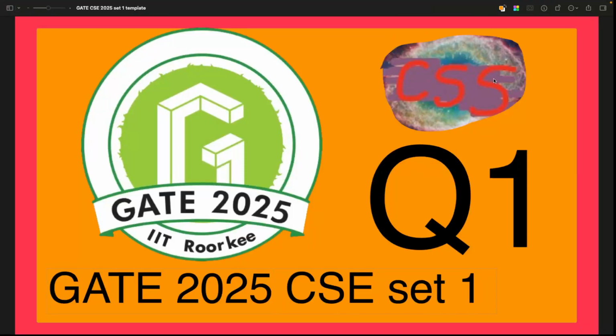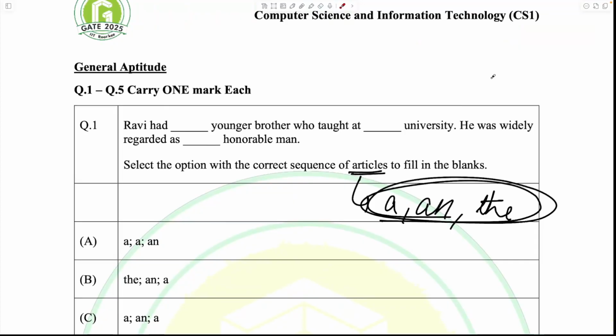Good morning, students. So today we're going to solve question 1 from GATE CSE 2025 set 1. The question states that Ravi had blank younger brother who taught at blank university. He was widely regarded as blank honorable man, right? So with these blanks that we are given, we have to select the correct option sequence